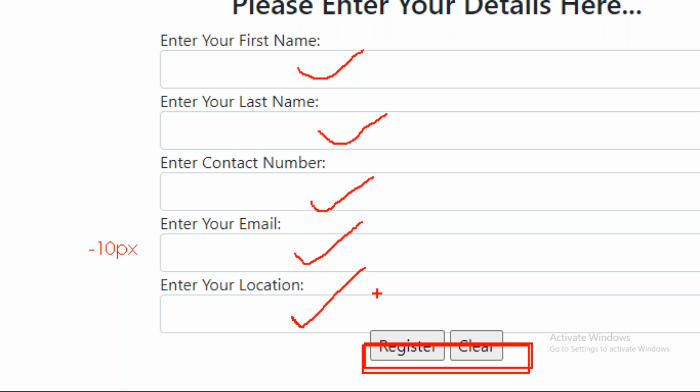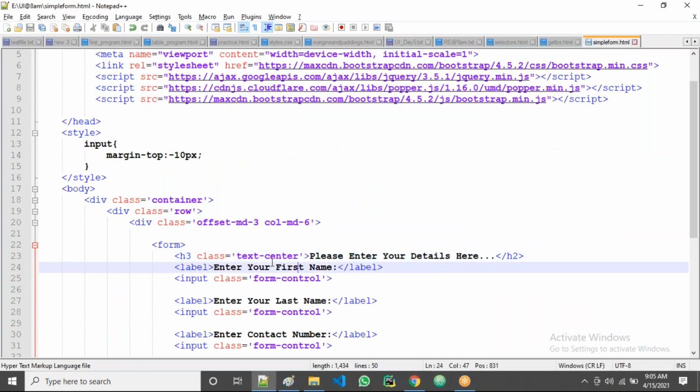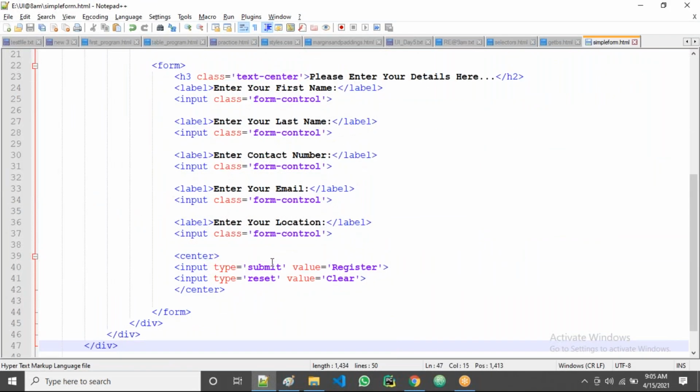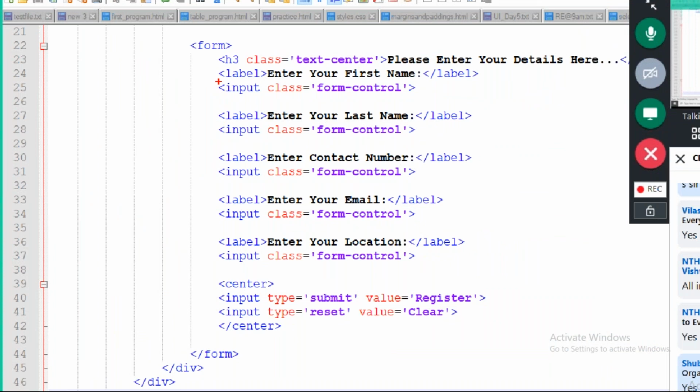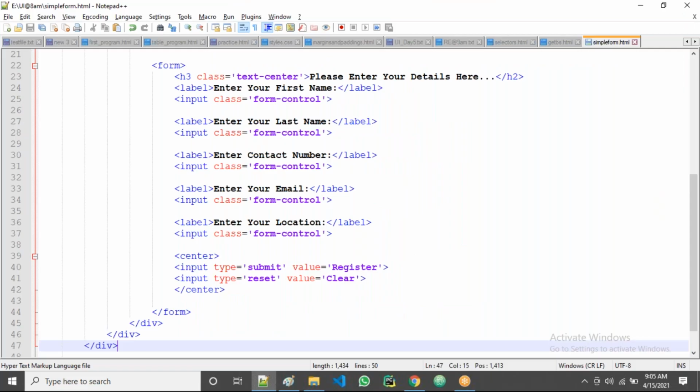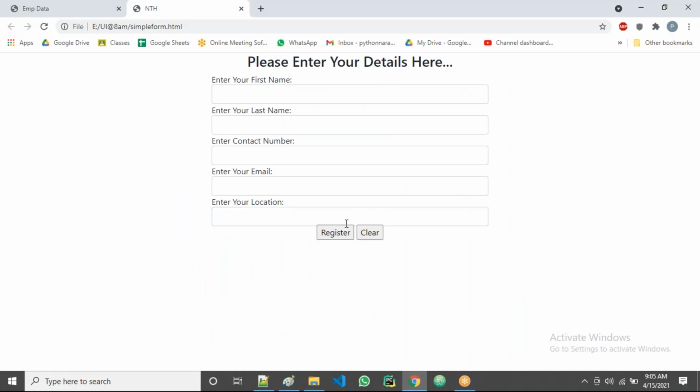Then what do I do? What do I do here? Now check the difference, guys. Is there any difference? See, these are all inputs, first of all, right? These are inputs, and these two are inputs too. I want to apply it for these inputs, not for those inputs. So now what do I do? Okay, just wait. We'll see this after a few minutes. Let's leave that one. This overlapping we'll see after a few minutes.